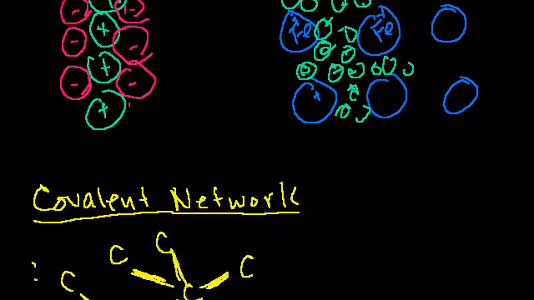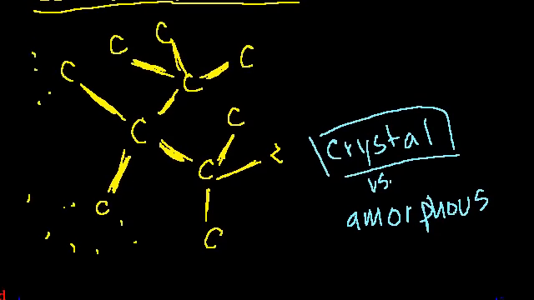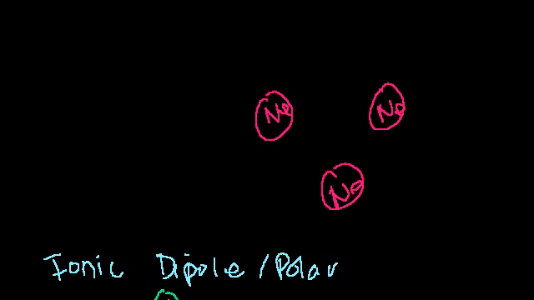So anyway, I wanted you to be at least exposed to all of these different forms of matter. And now you should at least get a sense when you look at something, and be able to give a pretty good guess at how likely it is to have a high boiling point, a low boiling point, or is it strong or not. And the general way to look at it is just how strong are the intermolecular bonds. Obviously, if the entire structure is all one molecule, it's going to be super duper strong. And on the other hand, if you're just talking about, let's say neon, a bunch of neon molecules, and all they have are the London dispersion forces, this thing's going to have ultra weak bonds.